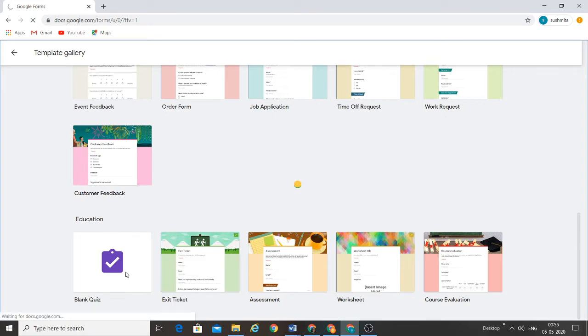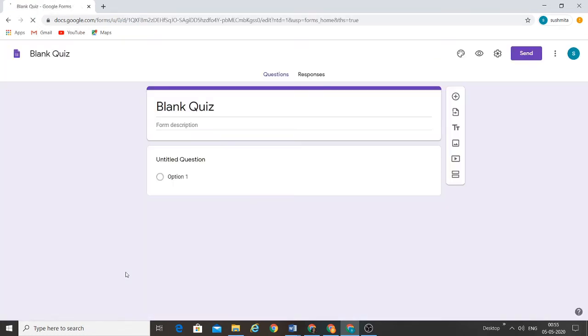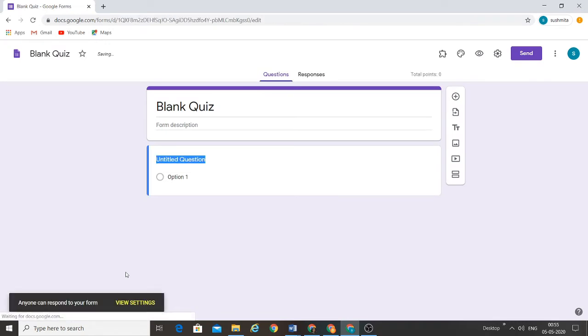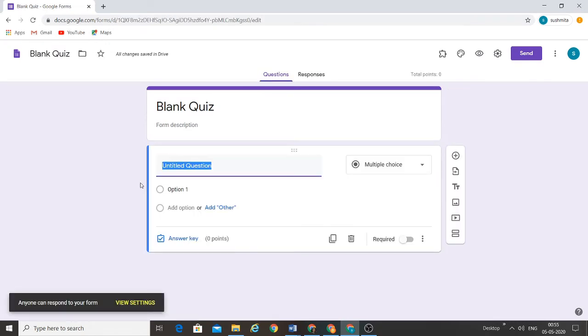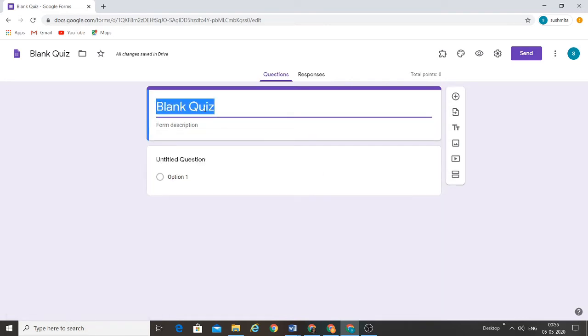Once we choose the blank quiz, it opens up a blank quiz area for us and it's ready to go. First we mention the name of the quiz, of course. So let us say, a sample quiz.